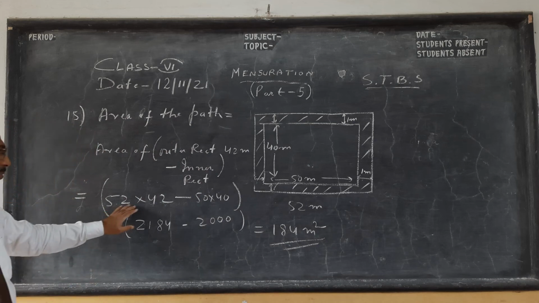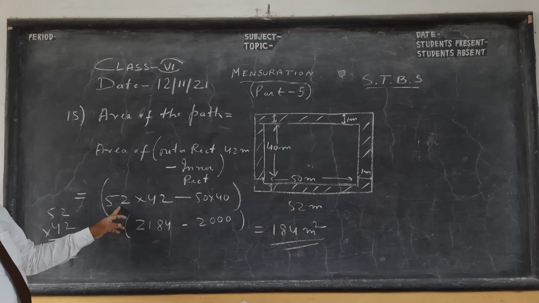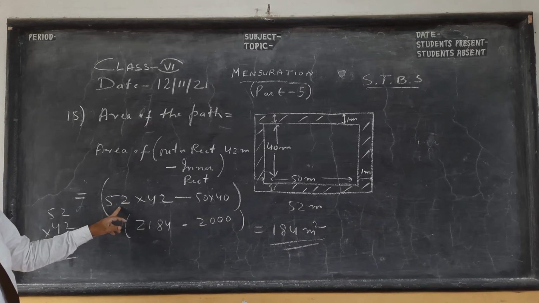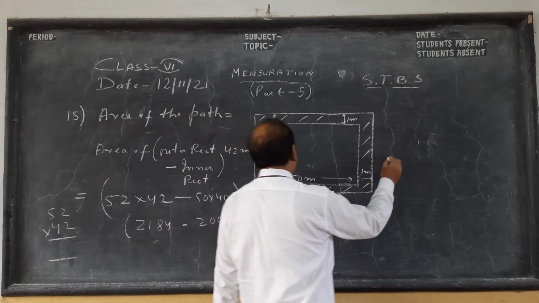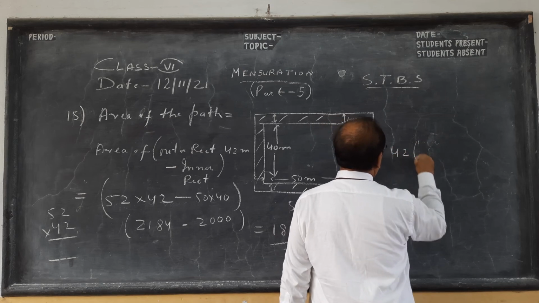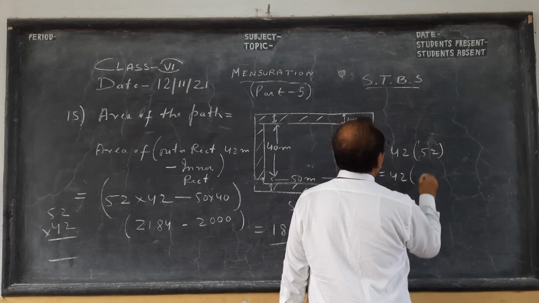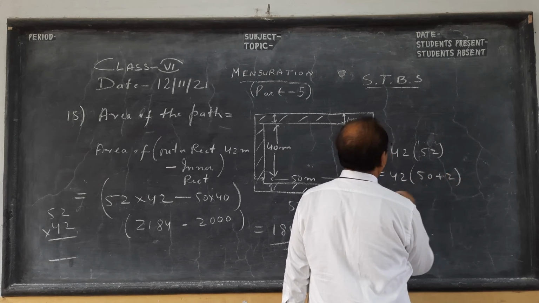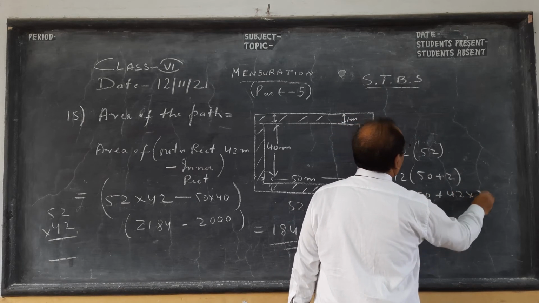Okay, so you can multiply 52 into 42. I can teach you mental maths also over here. You can multiply with 50, 42, it becomes half, 2100, then 2s are. See how you can do mentally. See, 42 we multiply by 52. Bracket means into. This is 50 plus 2. So 42 into 50 and 42 into 2.